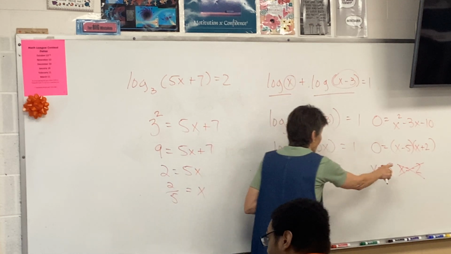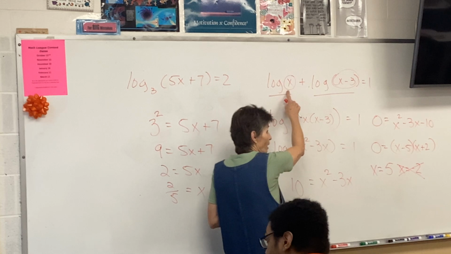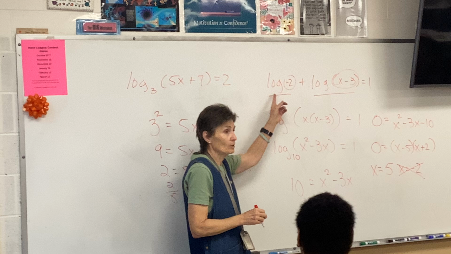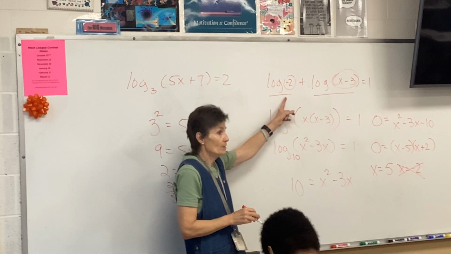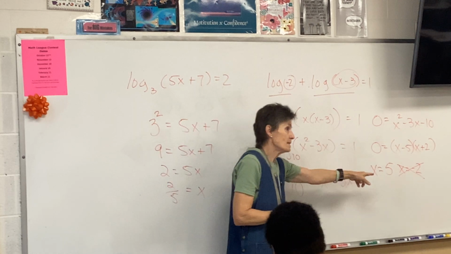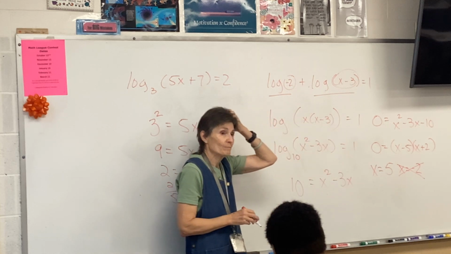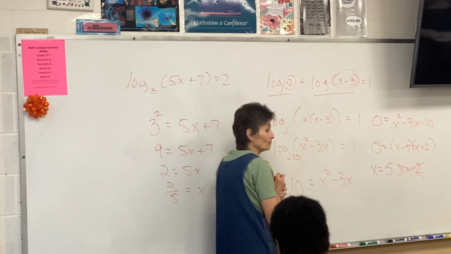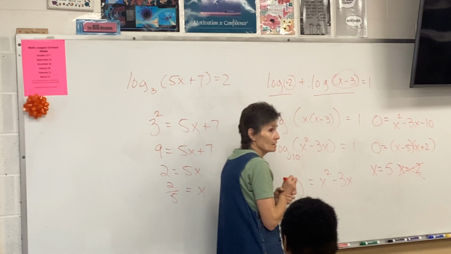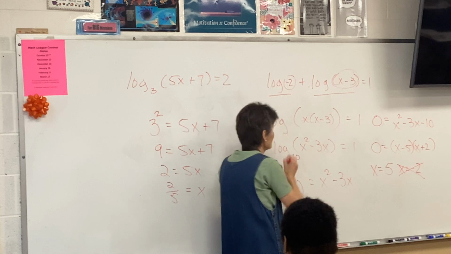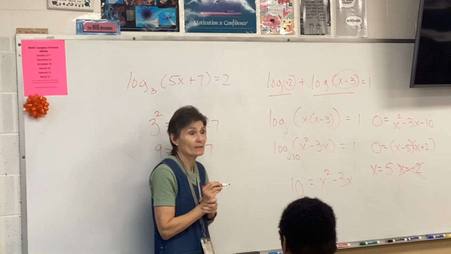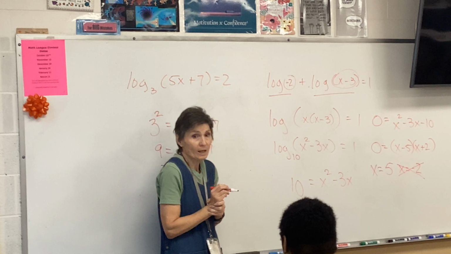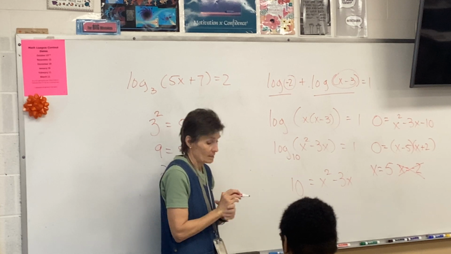So I want you to look at that answer in the original problem. Could I put a negative 2 in here? Could I do the log of negative 2? No. So that's an extraneous root, and I have to throw it out. You can't ever take the log of a negative. Ever. So the fact that I got a negative there means I have to get rid of it, and the only answer to the problem is 5. There's a lot in that problem. I get it, but